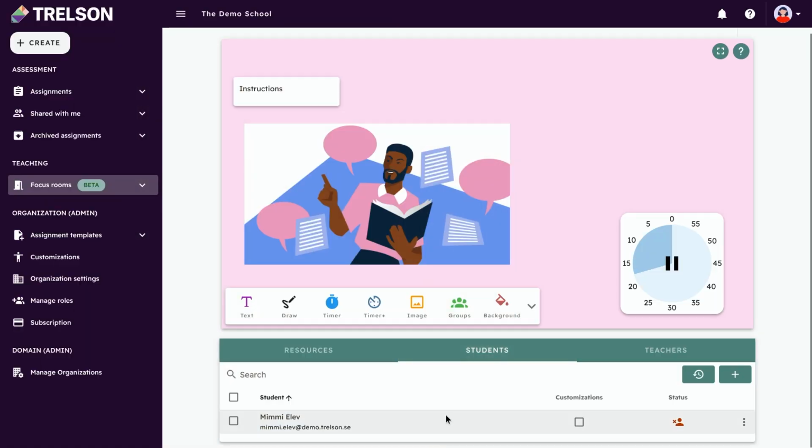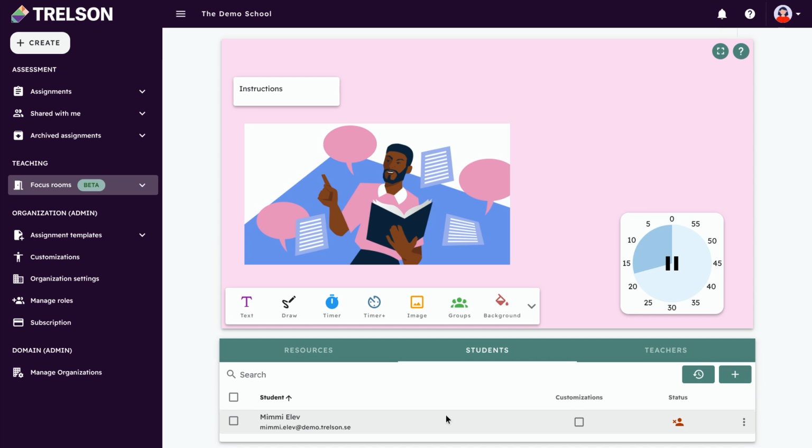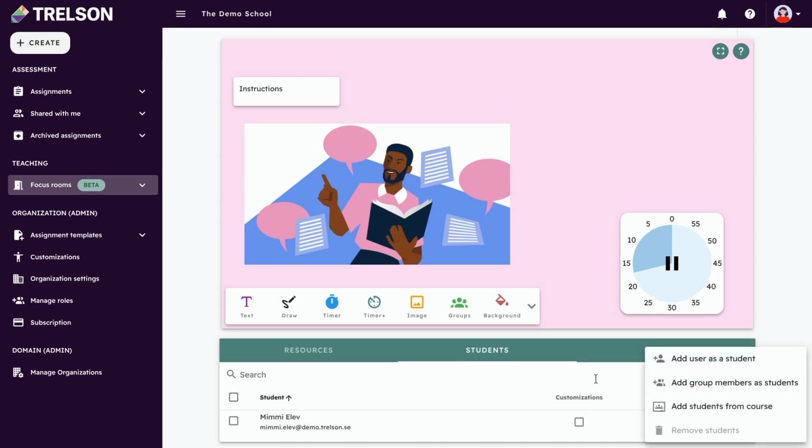Here, all of the students that are in this classroom, Google Classroom that is, will appear. And in this case, I only have one student, which is me. And if I'd like, I can go ahead and look closer at the student, see what they're working with in the focus room. Now, this specific student isn't inside the focus room yet, so let's wait with that before we take a look. If I want to add more students, I just click on the plus button here.